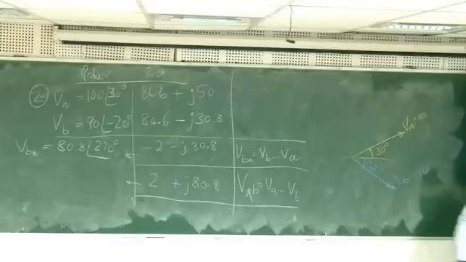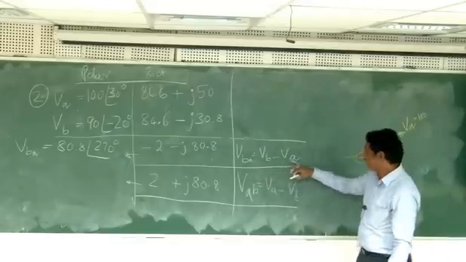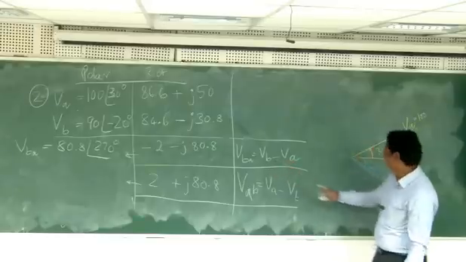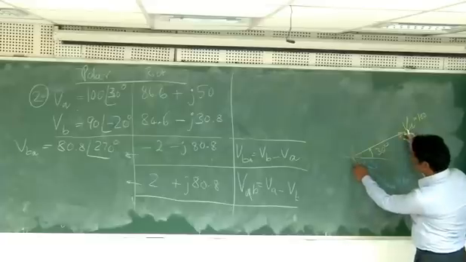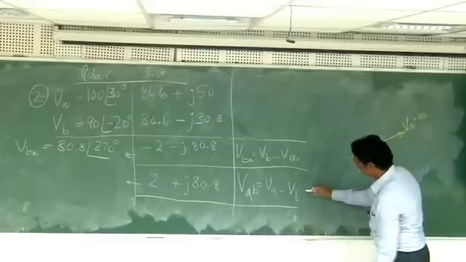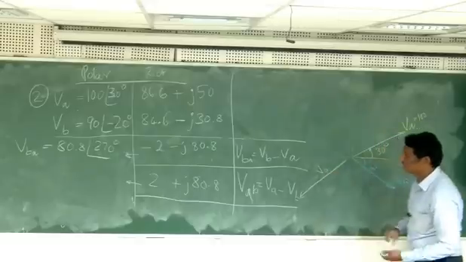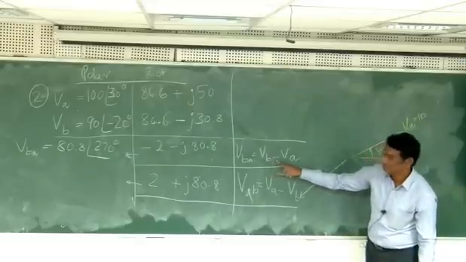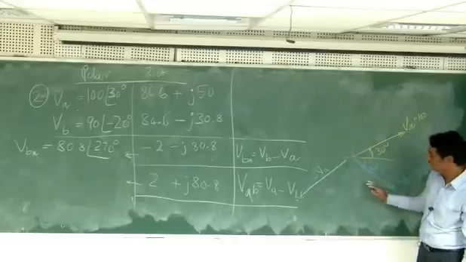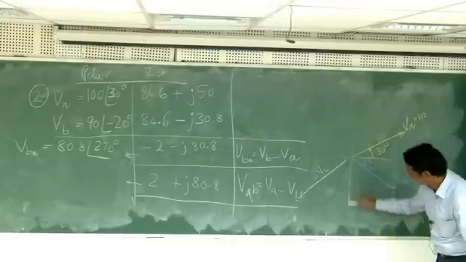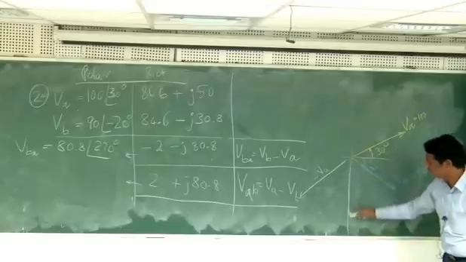So what is VB minus VA, VBA? VA has a minus sign, so just take the reverse of this. Copy the exact length in the opposite direction. So this one is minus VA. So VB plus minus VA, these two added. When you add these two, it will be like a parallelogram addition. So it will come something like this.